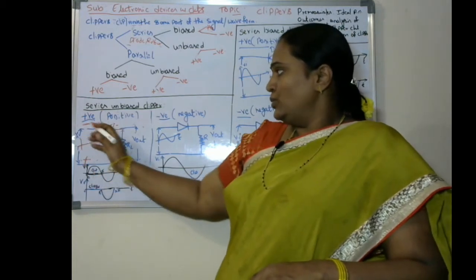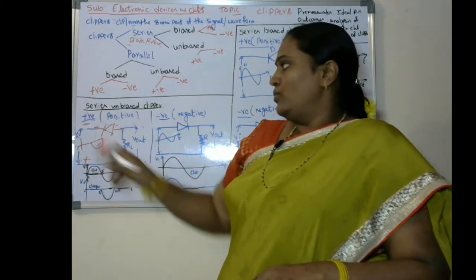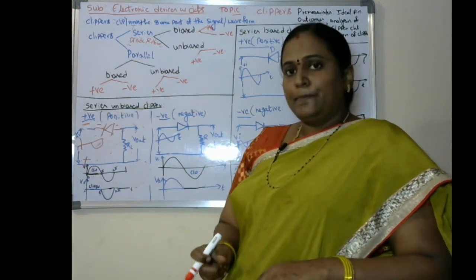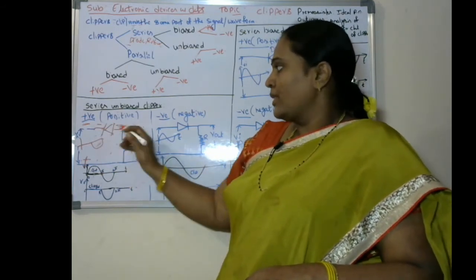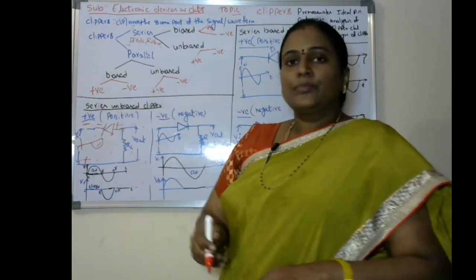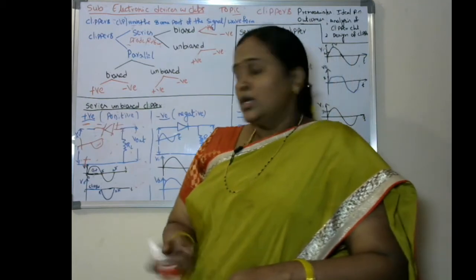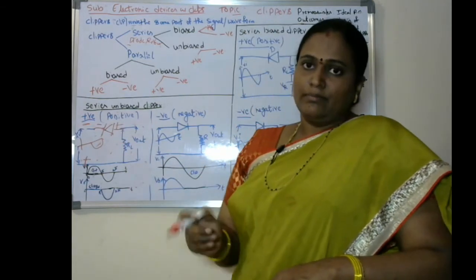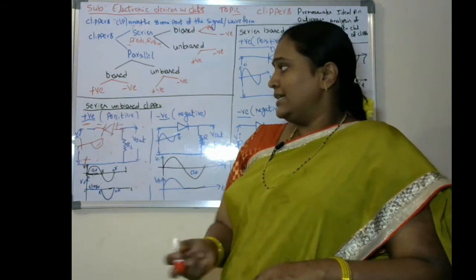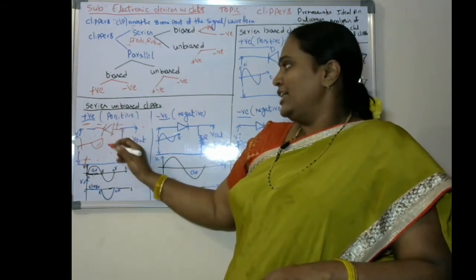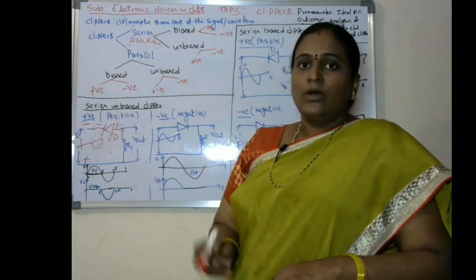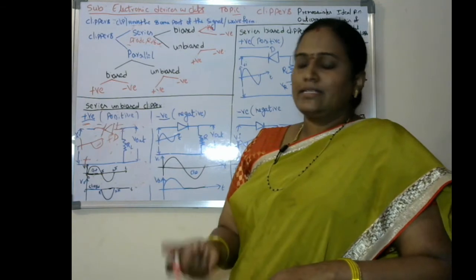So the negative is connected to the N type of the PN junction diode, and the positive has been connected to the P type of the PN junction diode. So the same polarities, forward polarities, have been connected. So the PN junction diode enters into forward bias, or the diode is in the forward bias region.